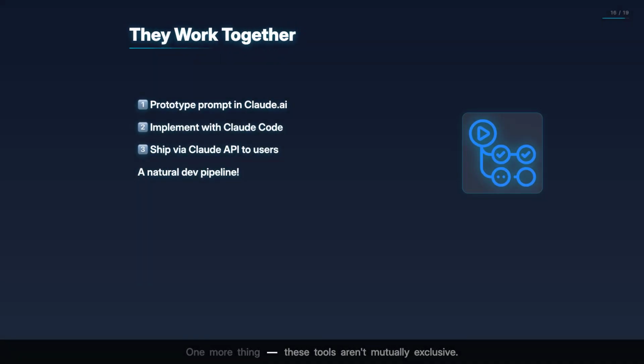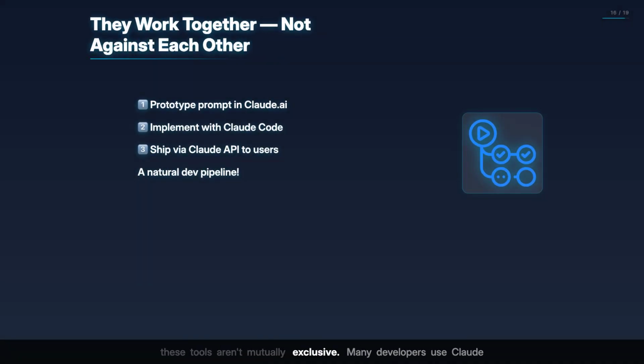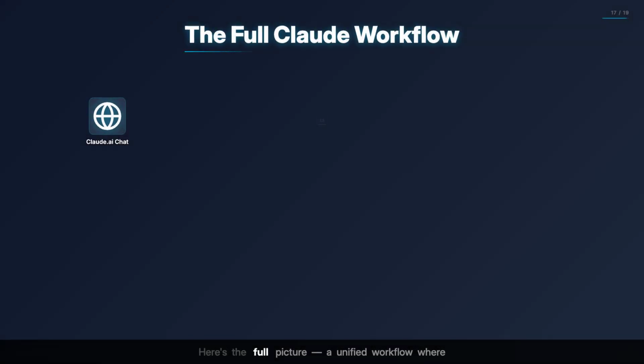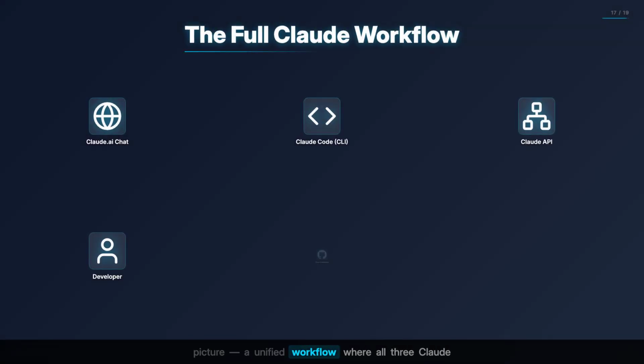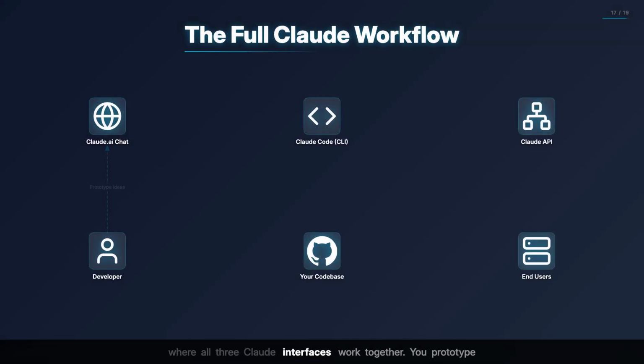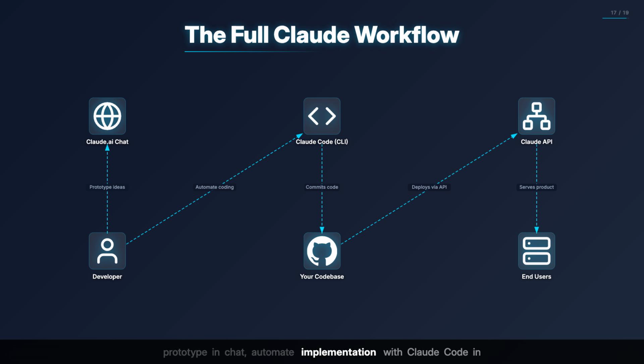One more thing, these tools aren't mutually exclusive. Many developers use Claude.ai to prototype a prompt, Claude Code to implement it in their codebase, and then deploy the API to serve it to users. They form a natural development pipeline. Here's the full picture, a unified workflow where all three Claude interfaces work together. You prototype in chat, automate implementation with Claude Code in your IDE, and serve the final product to end users